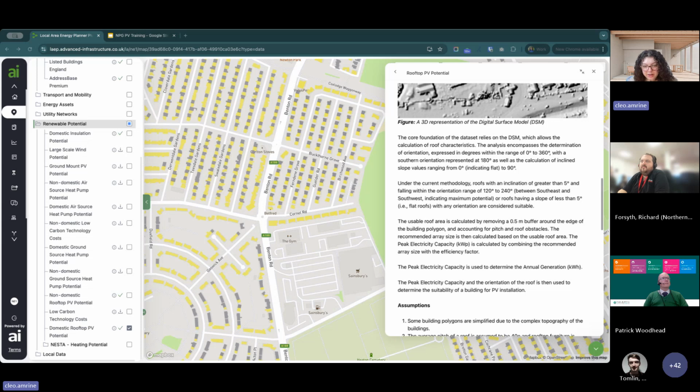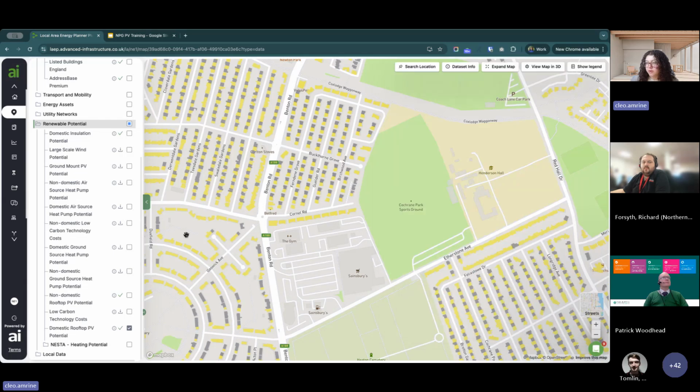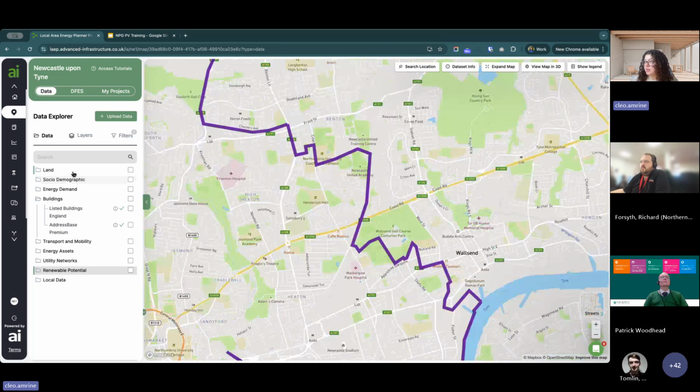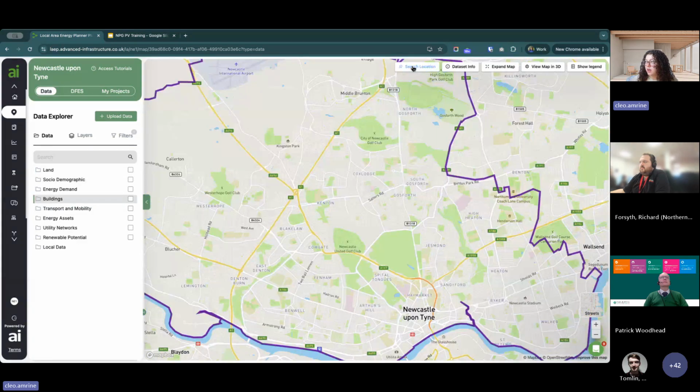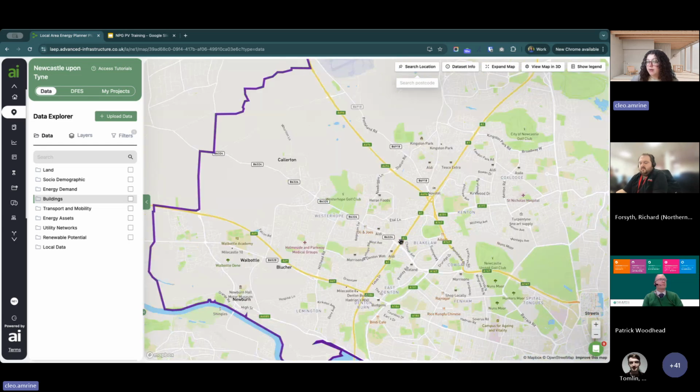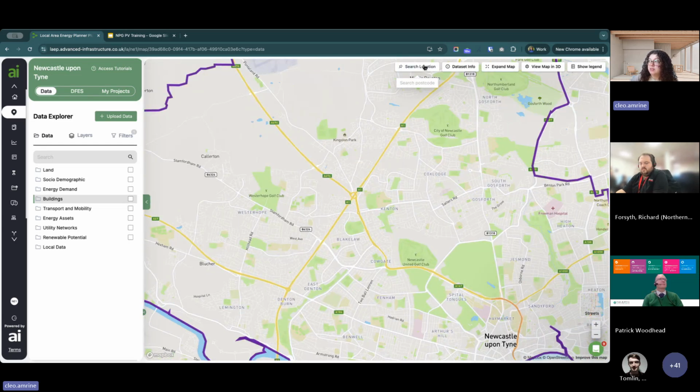Looking at the last question in the chat here, can we search area using lat long instead of postcode? So I think you're referring to the map here. If you are zoomed out a bit, we have this search location button up in the top menu bar, which some people may not have looked at yet. This allows you to identify a certain area within Newcastle or within your local authority by postcode rather than just zooming in and searching around for specific buildings. So we don't have the ability to search by any other identifier for a building. At the moment it is just postcode here.